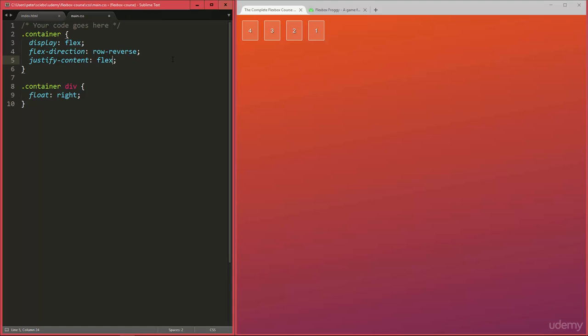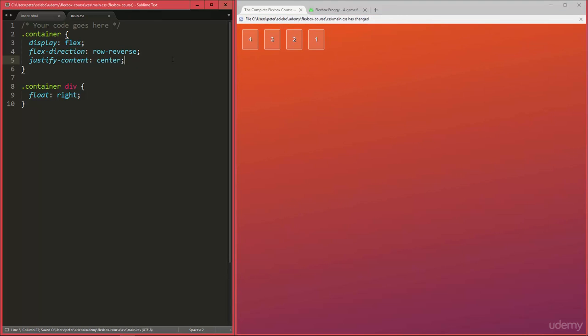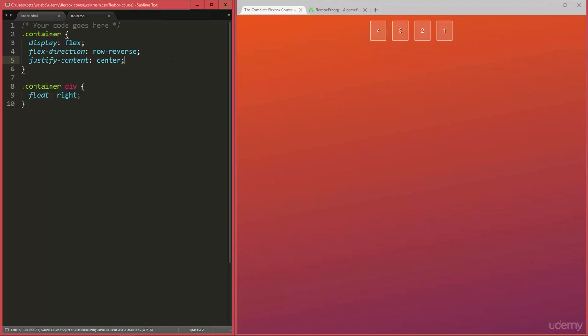Alright, now another important one is center, just like text align center, and it does exactly what you would think. But now you might be wondering how you can actually space the items more evenly. So right now all the 4 flex items are always very close to each other, but there's actually much more space to use. And this actually is also kind of like text align justify if you think about it, where it spans the whole width of the text width in that case.